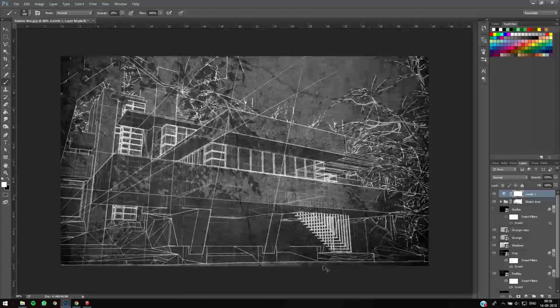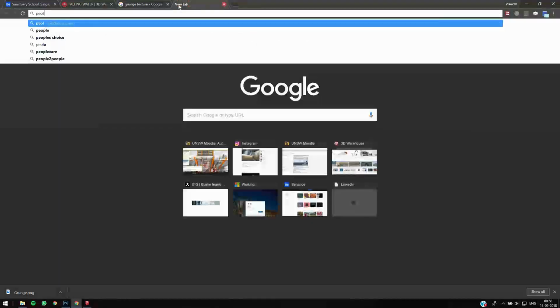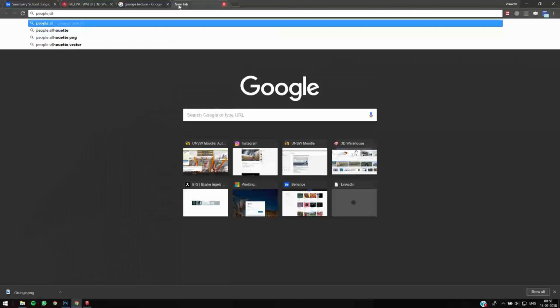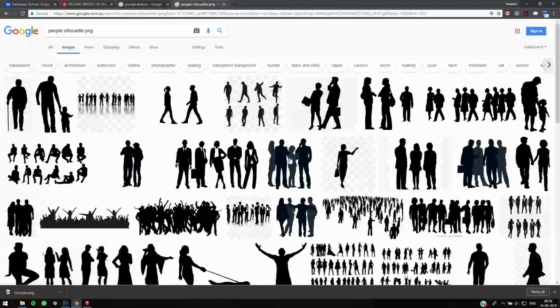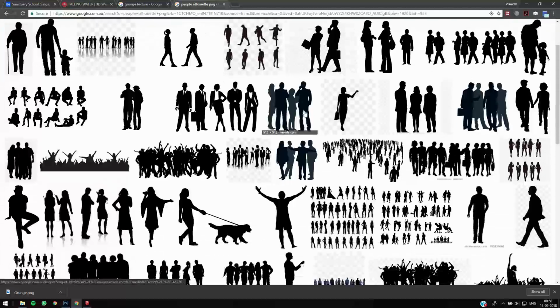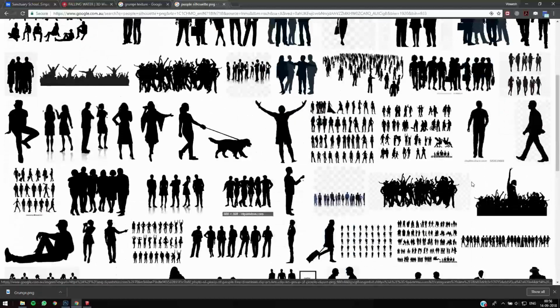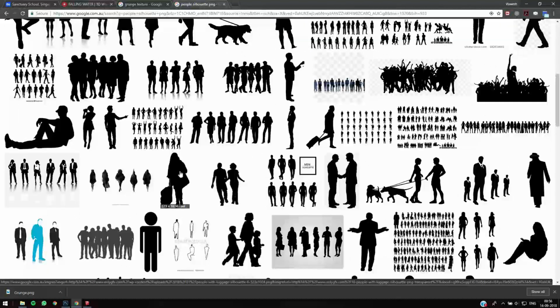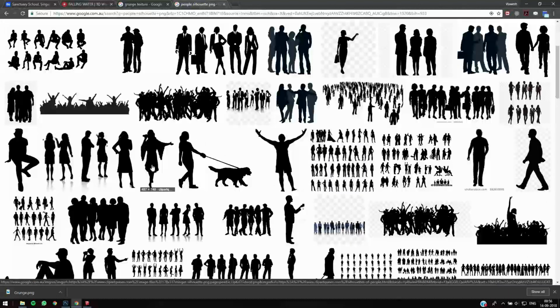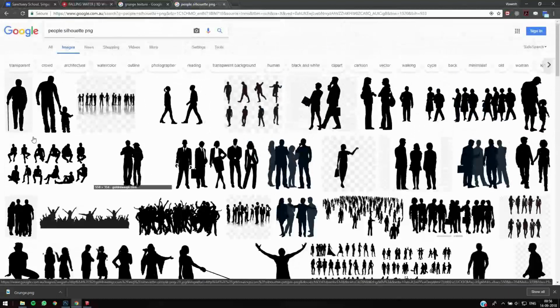Yeah, that looks good. At the end, it's always good to add people to get a scale of the image. So let's add some people silhouettes. Which one should we take? It's up to you guys to add what kind of people. You can even add the Sun Art kind of person with very conceptual looking people. For the sake of this tutorial, I'm just taking a real